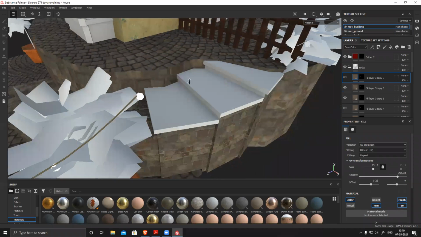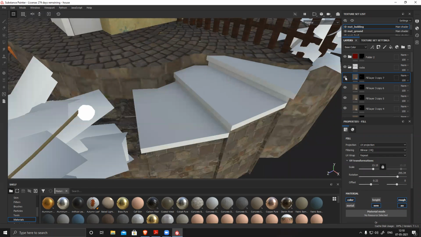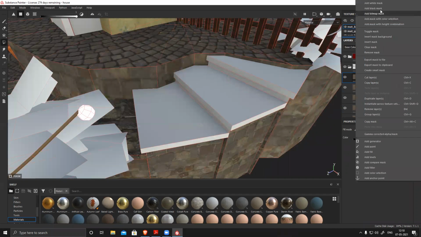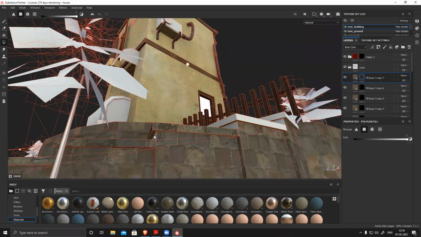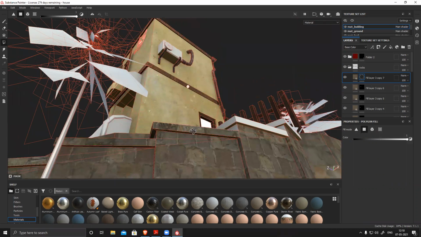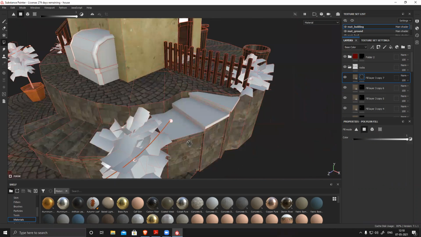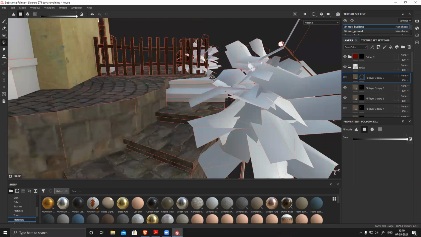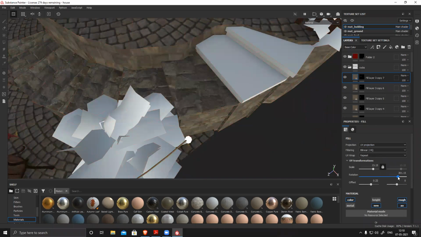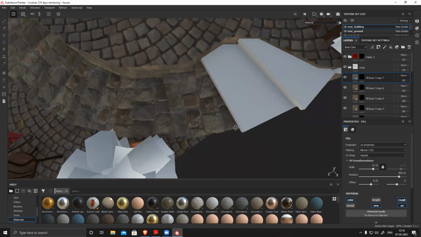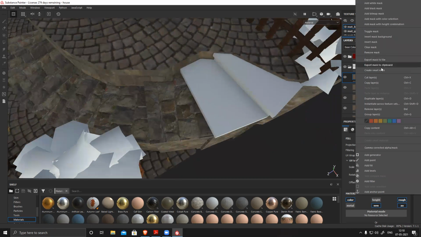Switch on recording. Black mask one more time. Select everything. And this one. Now rotation. Duplicate.